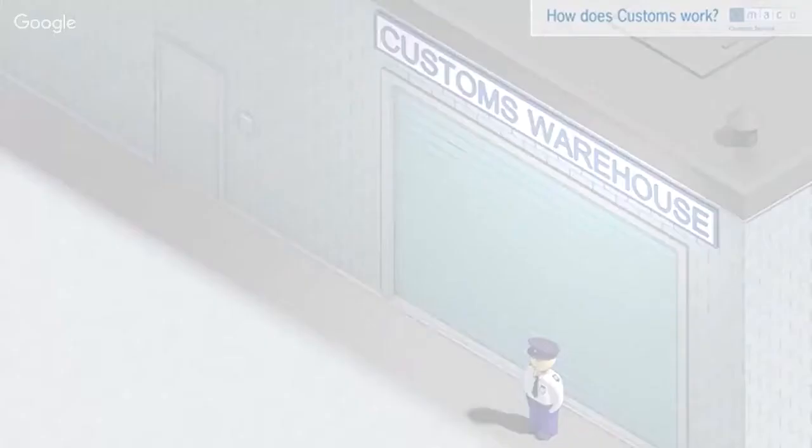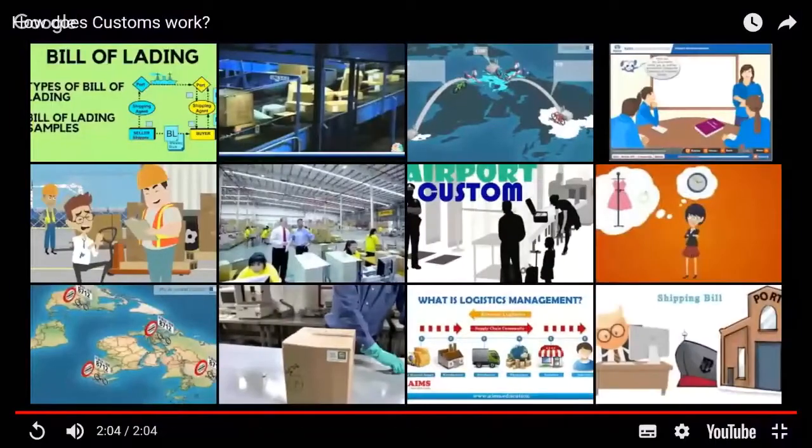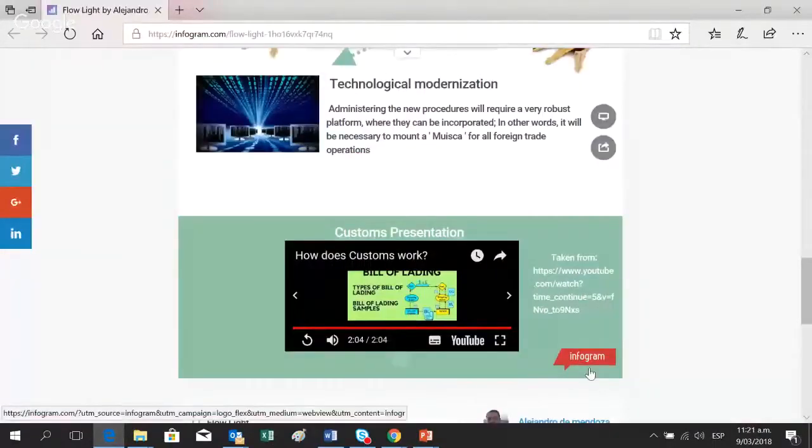Okay, so this video gives you an explanation. Düsseldorf is in Germany, but when I checked this video, I thought that it also gives the explanation of how the clearance process works here in Colombia. It is a basic concept that we check here in this video, but it gives you a more specific explanation of what we are doing here with this subject.